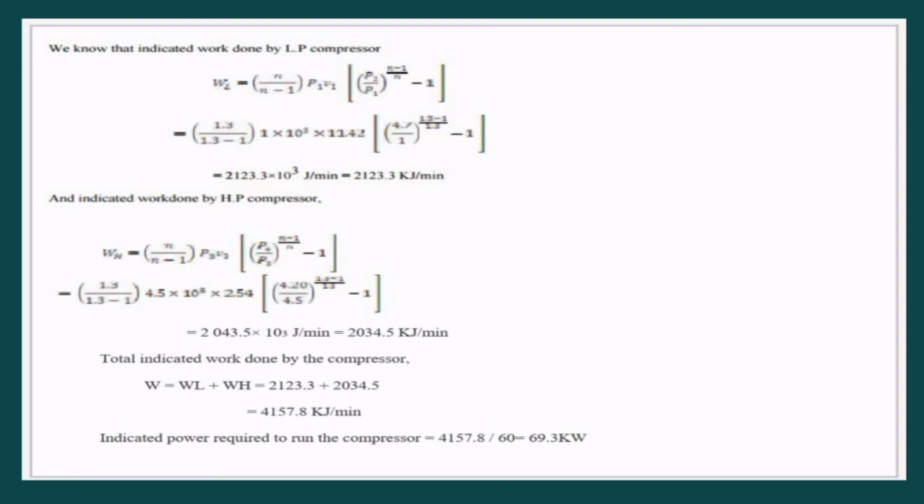Substitute the value: WH is equal to 1.3 over 1.3 minus 1 times 4.5 times 10 raised to 5 times 2.54 times the parenthesis of 20 over 4.5 raised to 1.3 minus 1 over 1.3, minus 1. WH is equal to 2043.5 times 10 raised to 3 joule per minute,